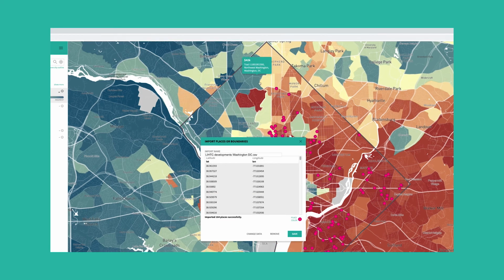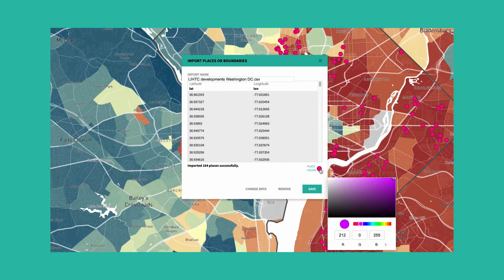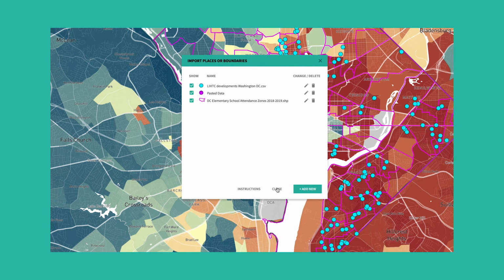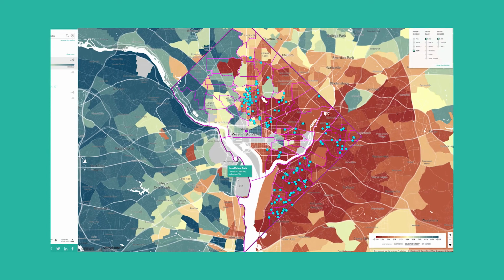Again, after the data loads, we are given the option to select a name for the series of places at the top of the menu and to select the color of the dots using the Place Color button. Looking at Washington, D.C. on the atlas reveals our markers at each of the coordinates included in the CSV file. In our upload, we also have the option to include labels and descriptions for each dot placed on the map.